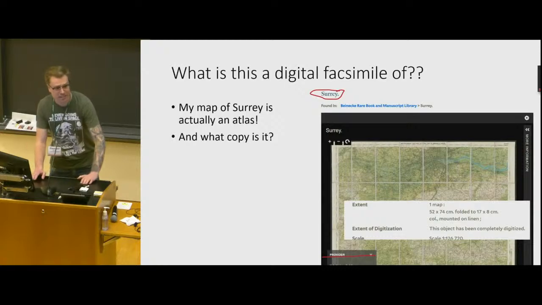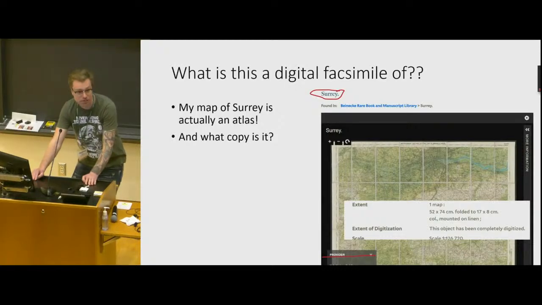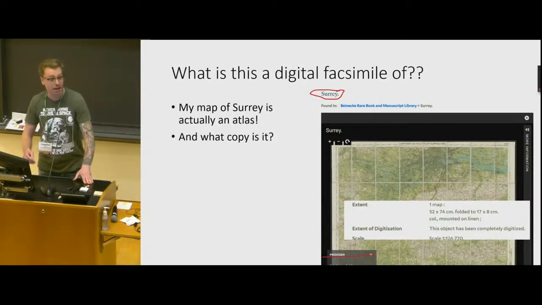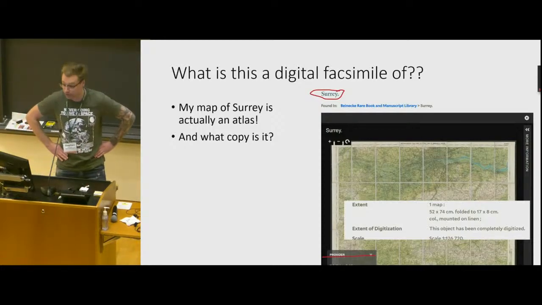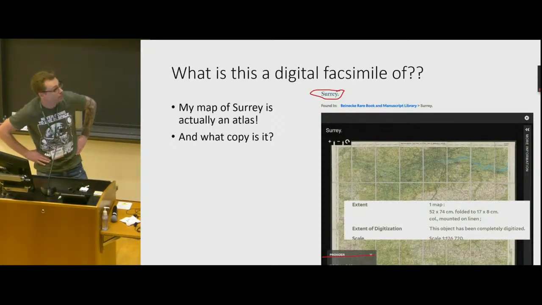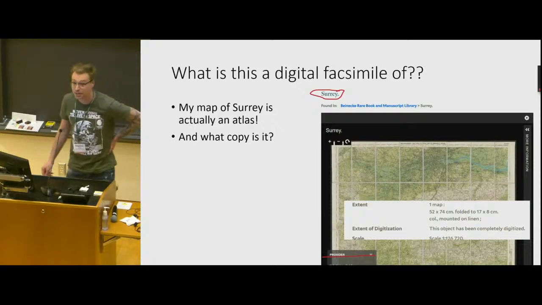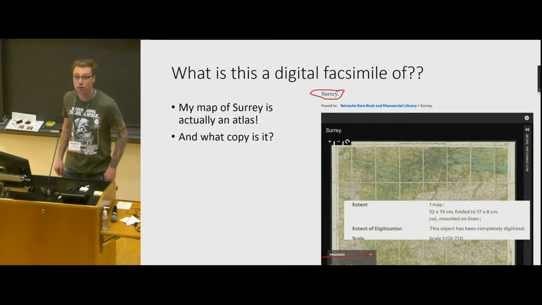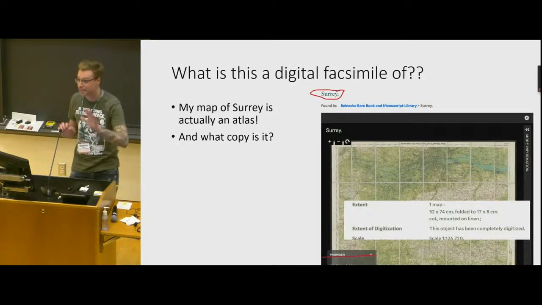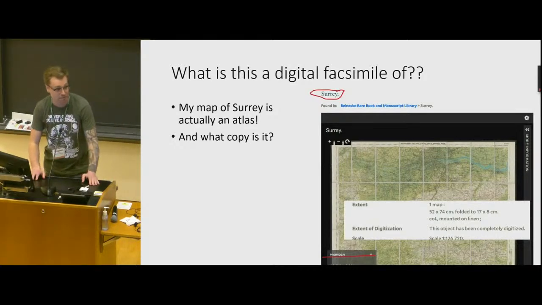What I know about is an atlas of maps of Great Britain, of which this is one page. So if I were to port that metadata from Voyager into my digital record, it will lie to you, because it will tell you that I've completely digitized this atlas, because it was a record that completely digitized a single map of Surrey. So I have multiple sources of truth that I need to adjudicate between in a variety of different